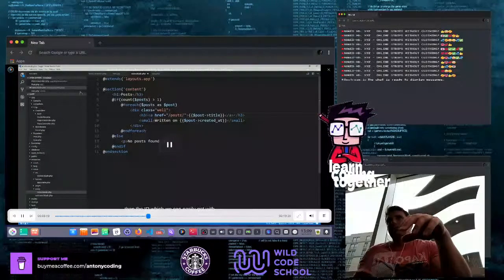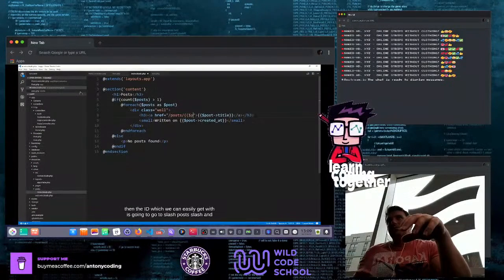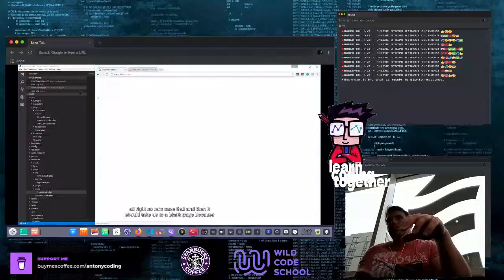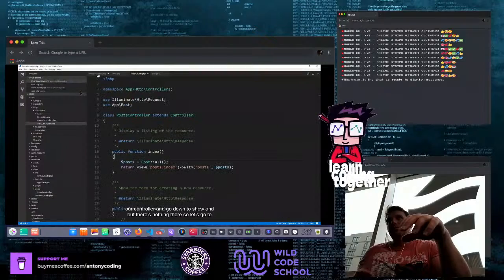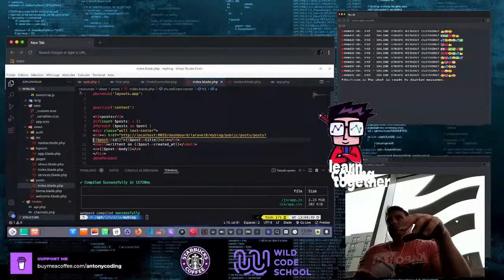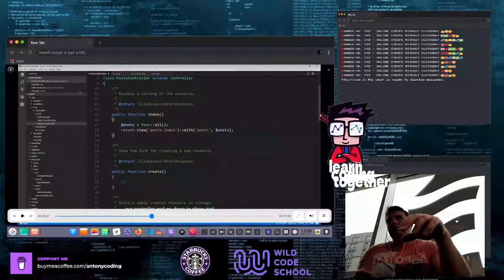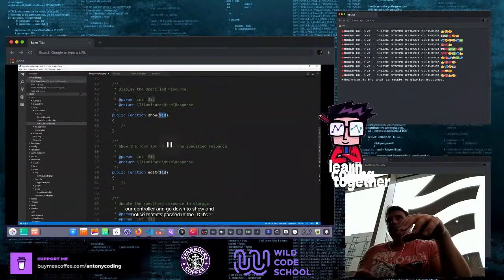slash and then the ID, which we can easily get with post ID. All right, so let's save that, and then it should take us to a blank page because it's loading the show function, but there's nothing there. So let's go to our controller and go down to show,